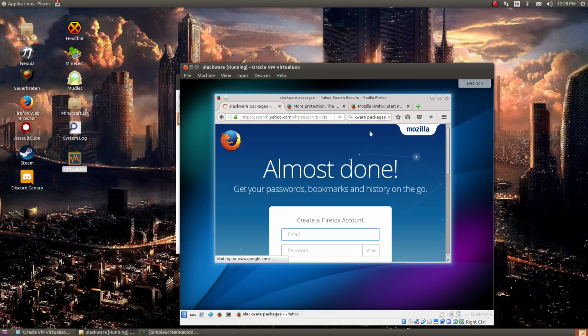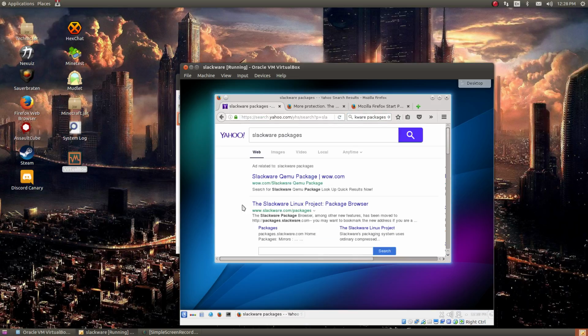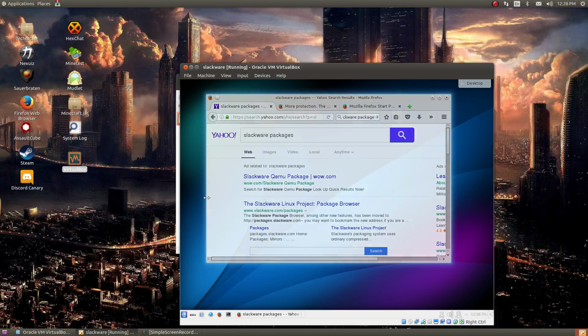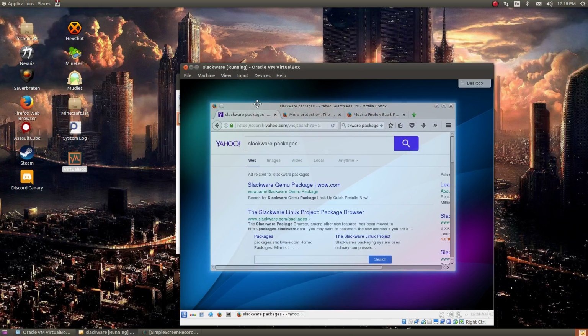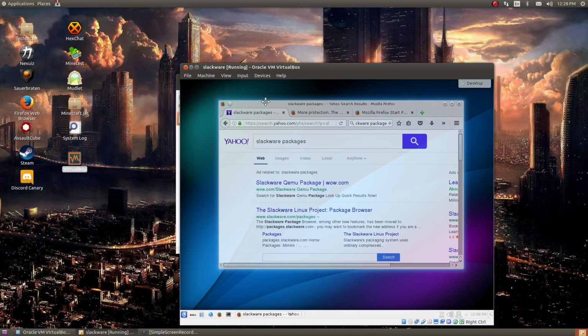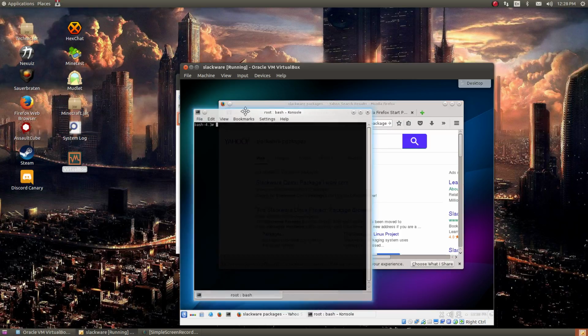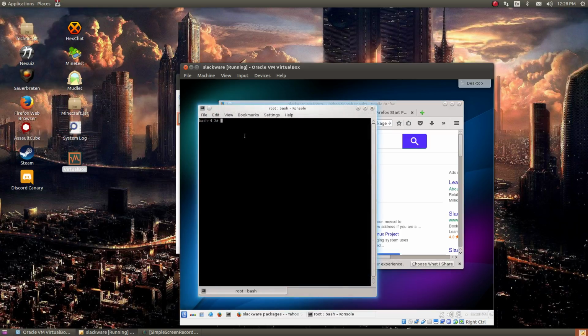I had to tweak a file just to get the default package manager that this ships with to work properly, and also to get the login manager to start automatically, which I kind of forgot to do. You gotta do this. I'm logged in as the root user right now, which is kind of a no-no, but